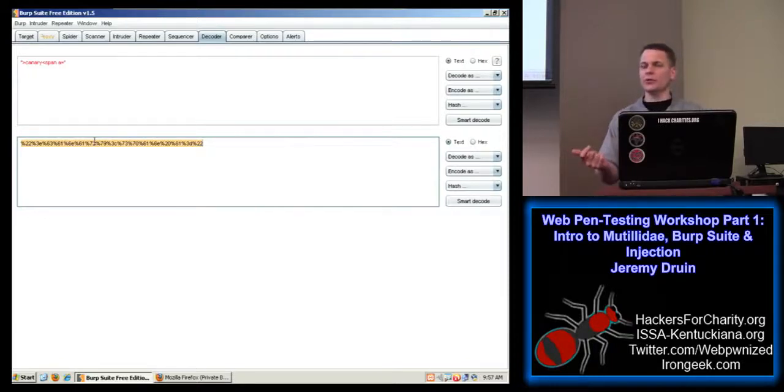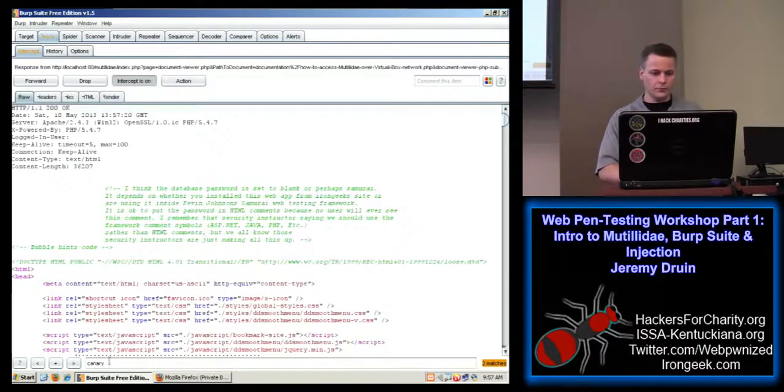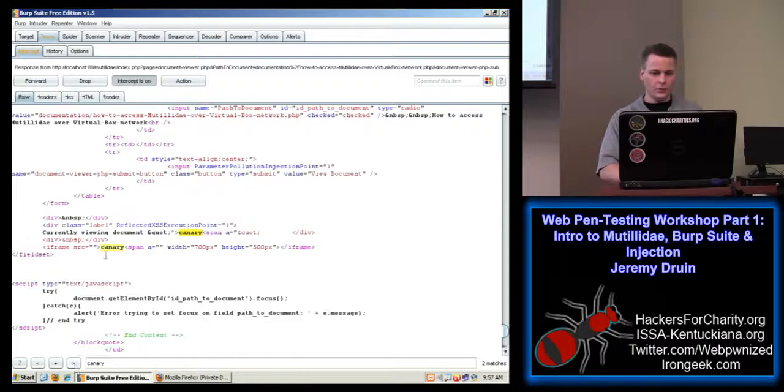not just the ones that are special to the web server. But if we take this back over here to the proxy tab and replace this text here with that fully encoded version, it should still work. Okay.